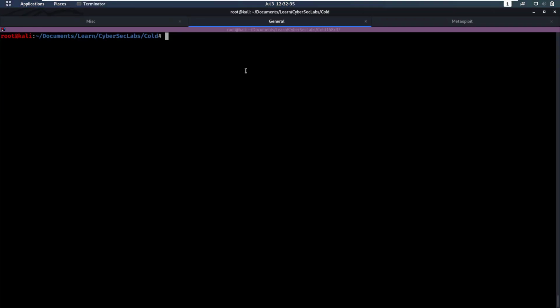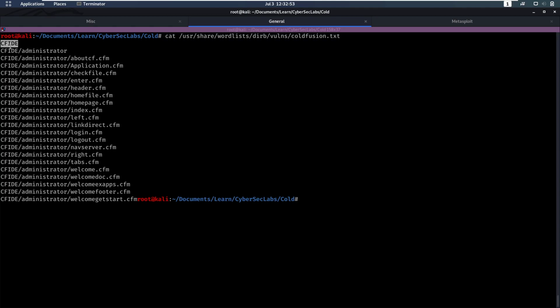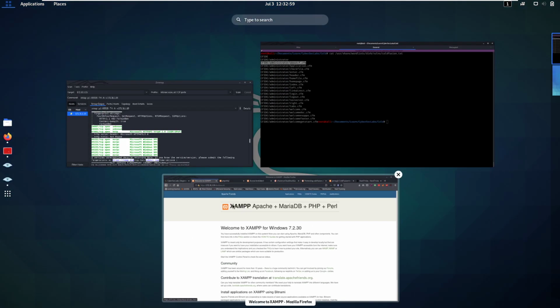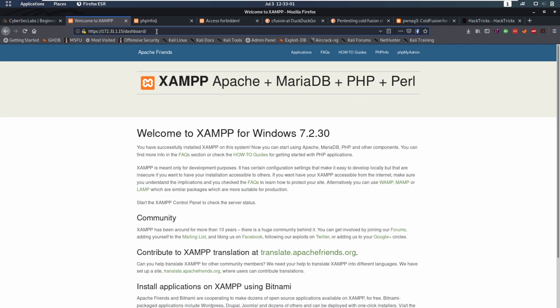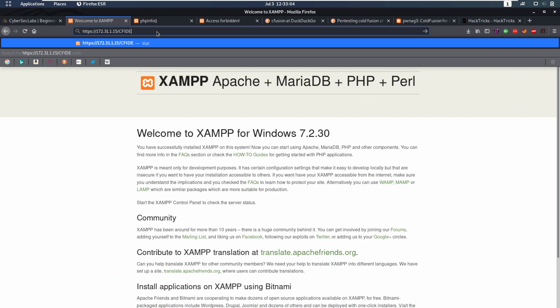But then you also have word lists for this. So let's take a look at user share word lists, dirbuster, no, I think it's fuzzdb, and then coldfusion. We see, okay, this is CFIDE, CFIDE administrator. So maybe we need to add administrator to this. So let's take a look at if that works. So it's going to be CFIDE administrator. That doesn't work. HTTP doesn't work. Port 5500 doesn't work. Port 8500